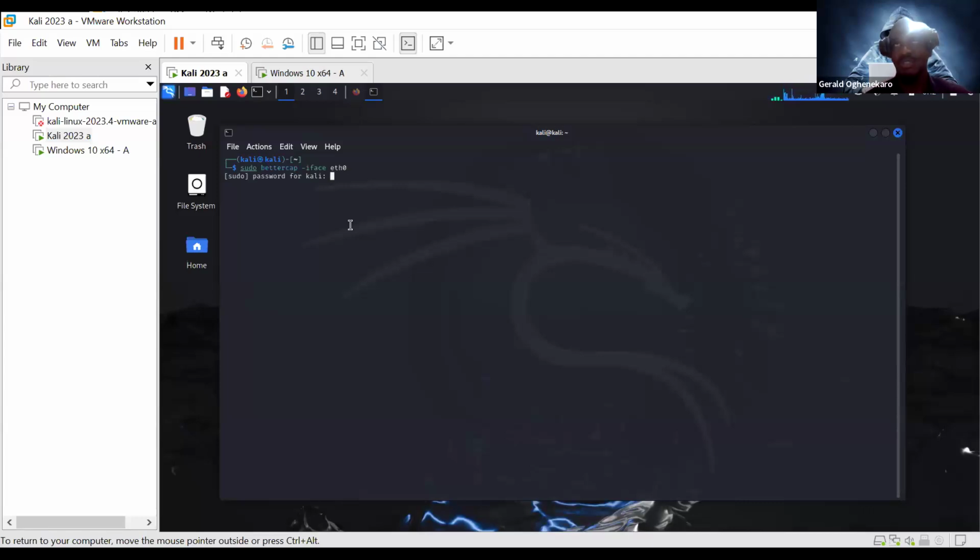Don't get confused with all these commands. They're just commands that you could really get if you're not conversant with Kali. So what I'm doing is I'm starting up my BetterCap tool, and I'm identifying the interface that I want to listen on, which is ETH0, right? That's the interface that I'm currently connected to. I want to listen on this interface because that's where all my devices are connected. So once it starts up, I will begin to listen to capture anything I see on